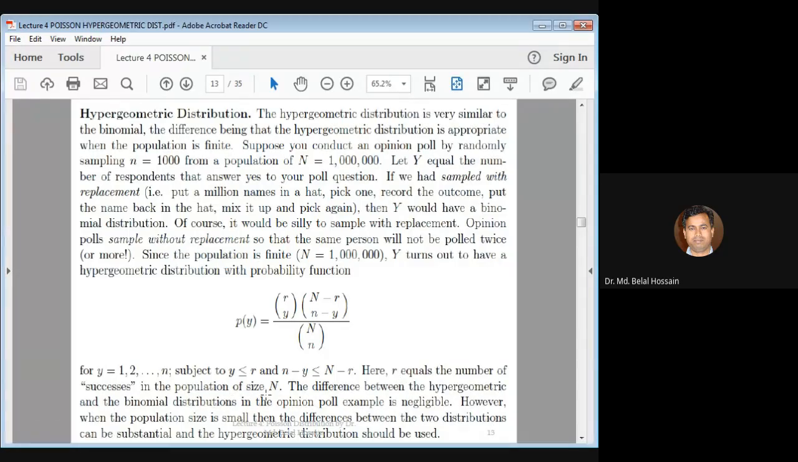Population of size N, okay, and your Y equal to the number of respondents who answer yes to your polling